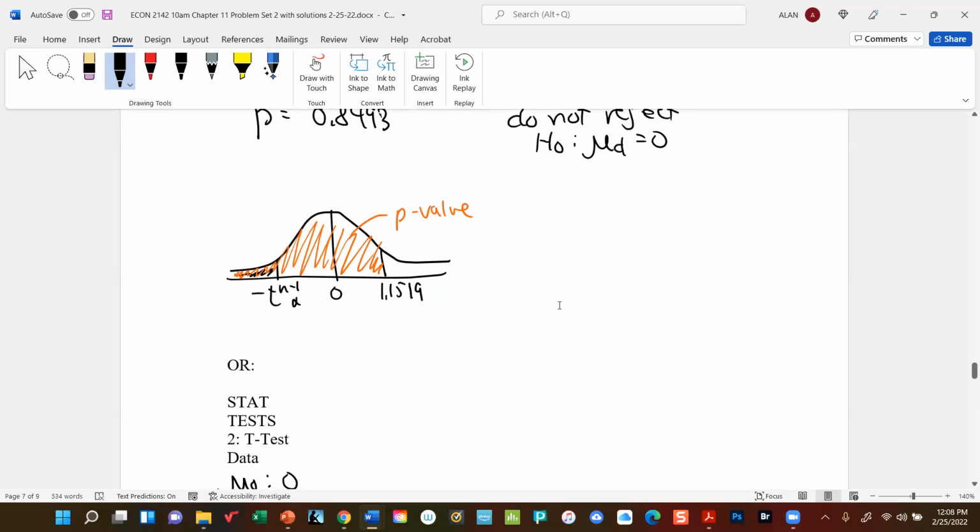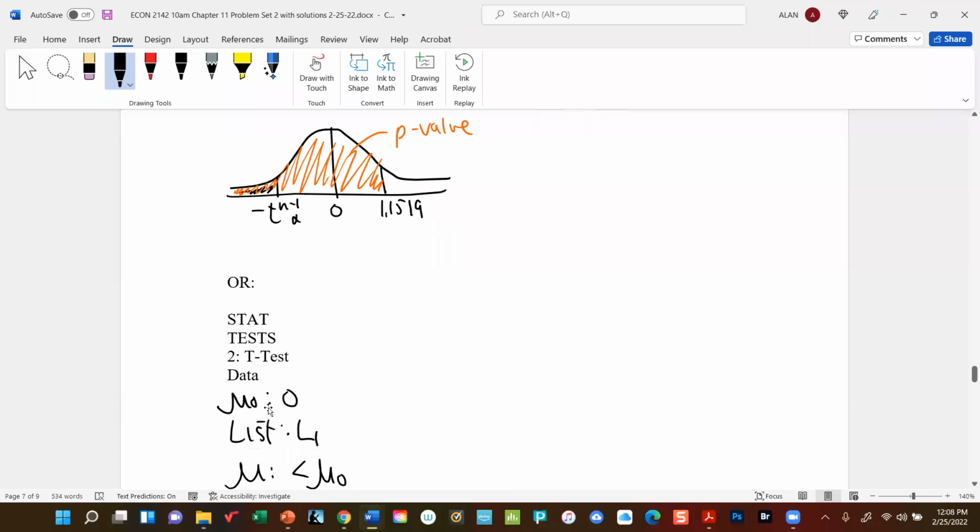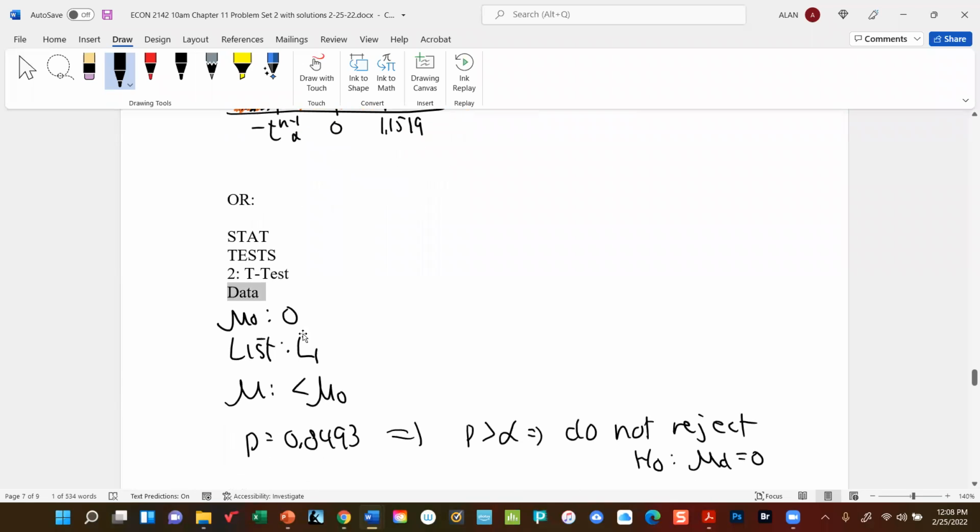Finally, the last one, the quickest one, in my opinion. If you go to stat test, t-test, instead of picking stats, you can pick data. When you pick data, you're telling the calculator that you know all the original information, not just the summary statistics, not just the mean, not just the standard deviation. You have access to all the data. And you're telling it that it's stored in a certain list. So if you used L1, you have to tell it that, or whatever list you chose to use. It does need to know that this is 0. Remember, this is the same thing as saying